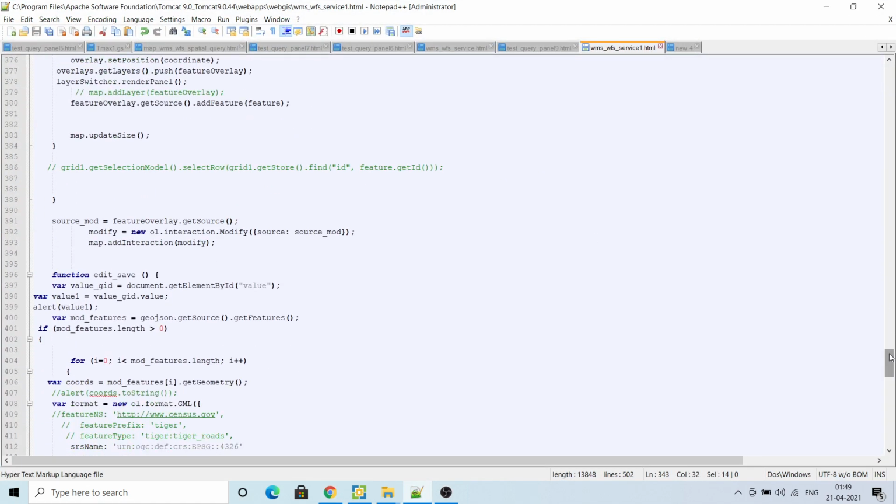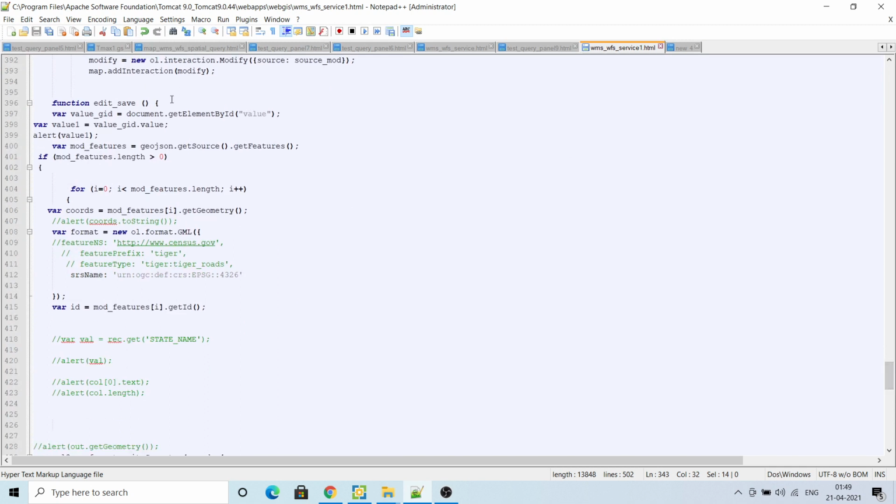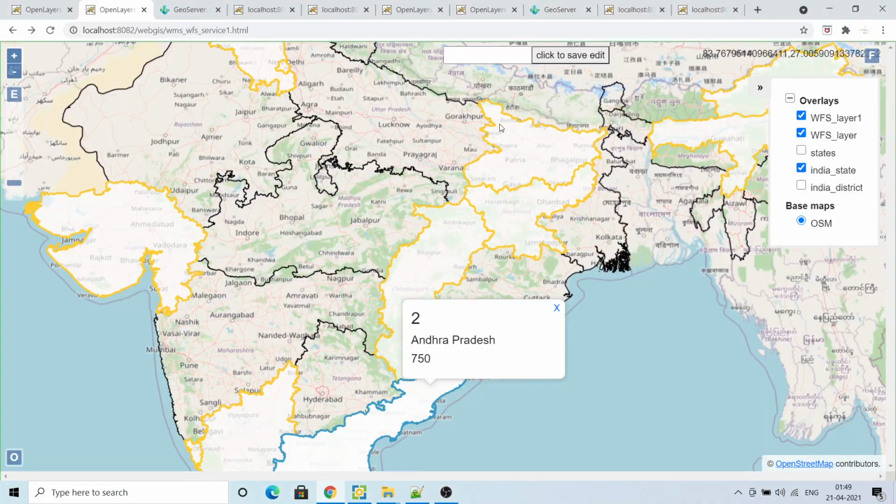What I have run is basically this function, edit save. In that, as you can see, I am taking that value in the text box. This is the feature, geojson.getSource.getFeatures, means all these features.